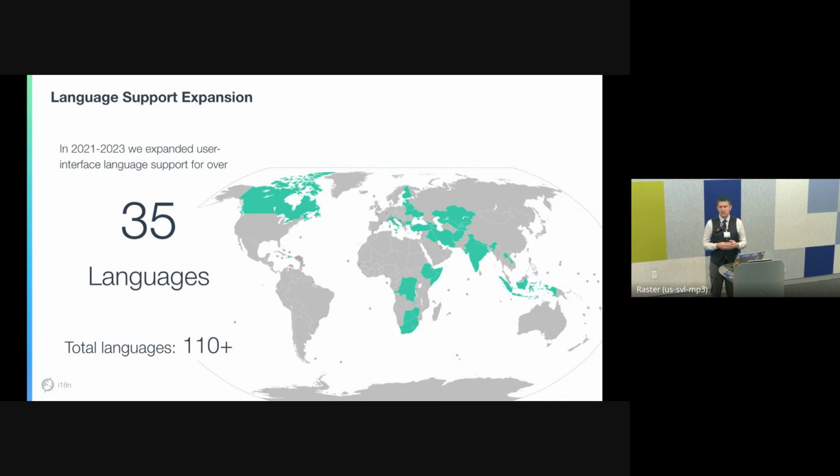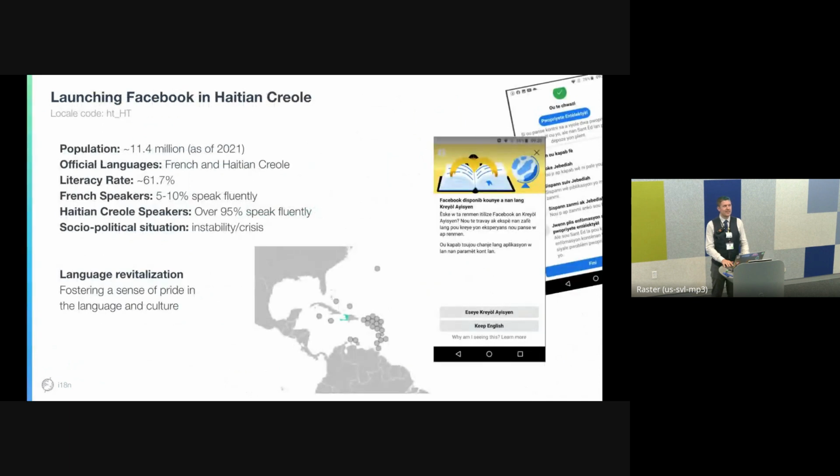We've added Kazakh, we've added Haitian Creole, we've added Javanese, and right now we're in the process of adding even more today, and so this number changes every day, which is pretty exciting for me. One example of a language that we've really enjoyed launching, I mean, we enjoy every single one of them, was Haitian Creole. We worked with a number of linguists from Haiti in order to onboard their language, and they really appreciated the process that we did with them.